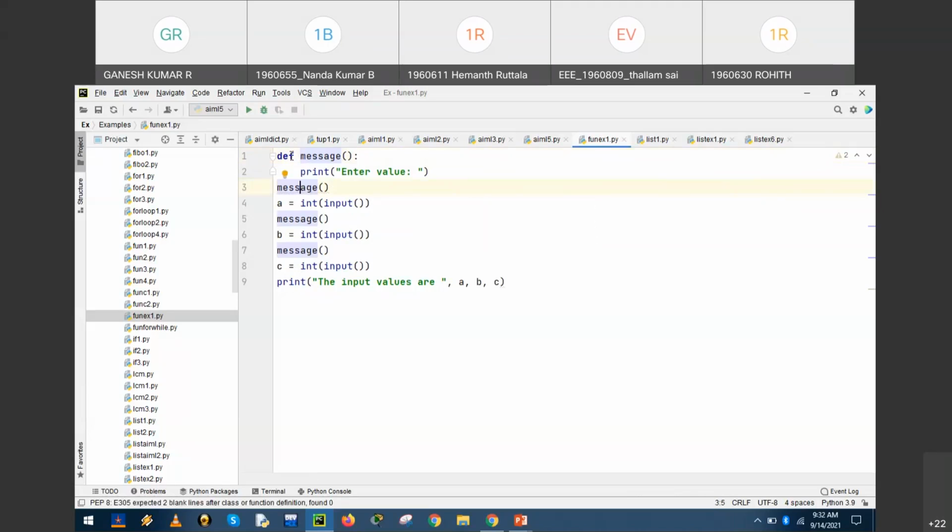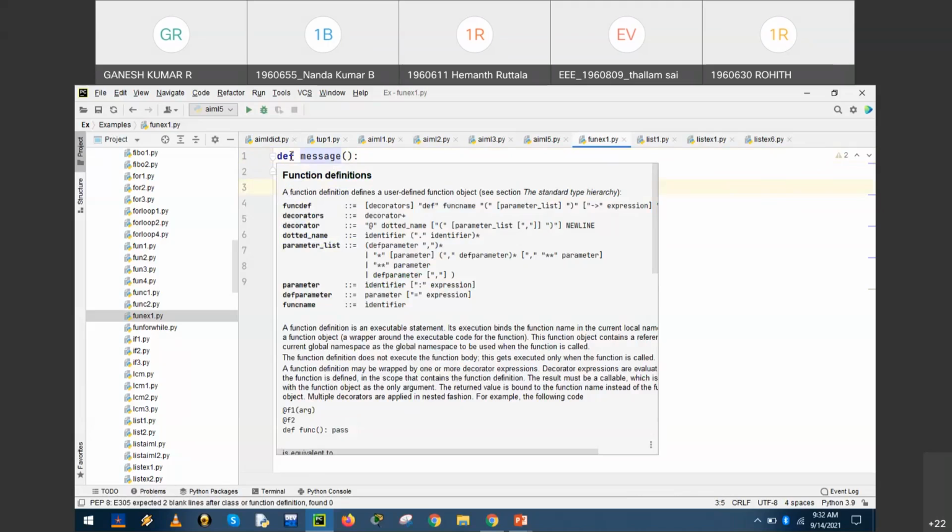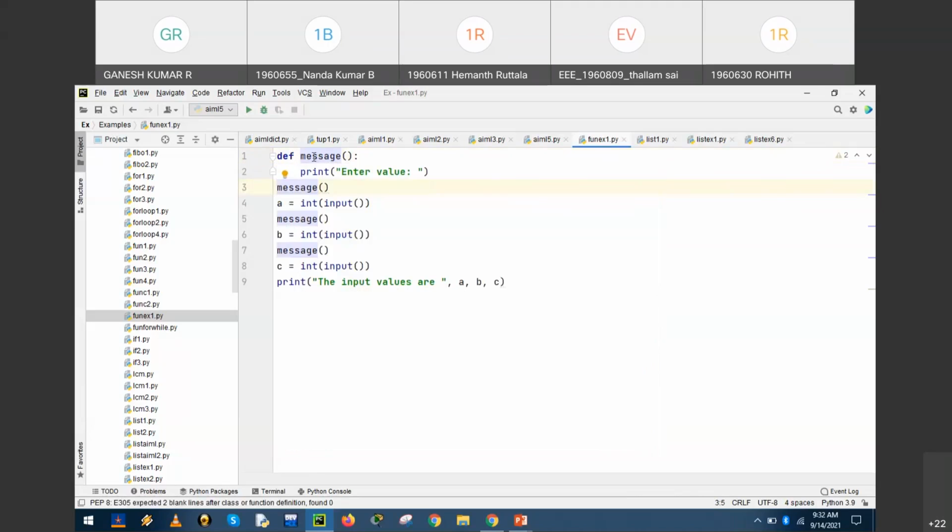As said, every function starts with the keyword def, and next after def goes the name of the function, which is similar to a variable, and after the function name there's a place for parentheses with a colon. The function definition has to end with a colon, right? The line directly after the def represents the function body. So print enter value represents the function body, and there could be one or more statements which will be executed every time the function is invoked.